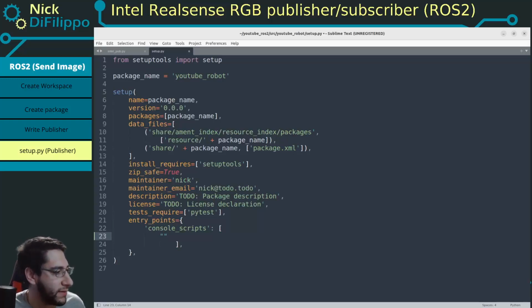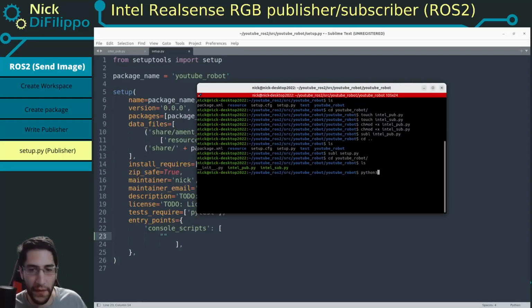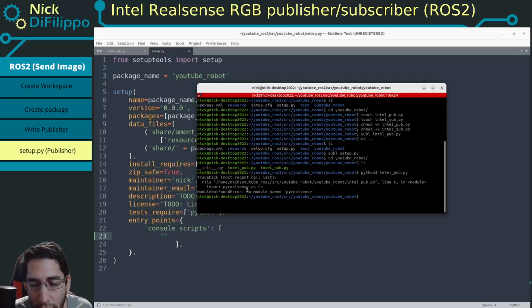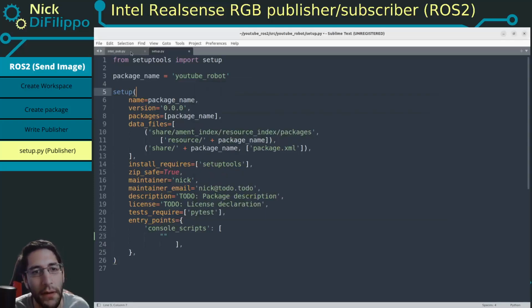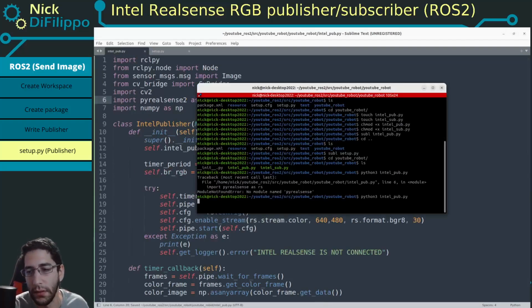We can test it right now, actually. I can always run this here and just say python3 intel pub, see if there's any. Okay, so this tells me there's a problem here. So this is pyrealsense2. And it seems like it's sort of running right now. There's a problem, but